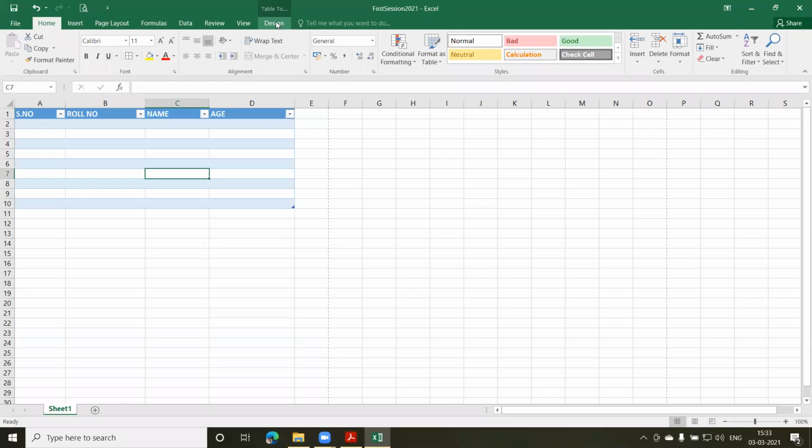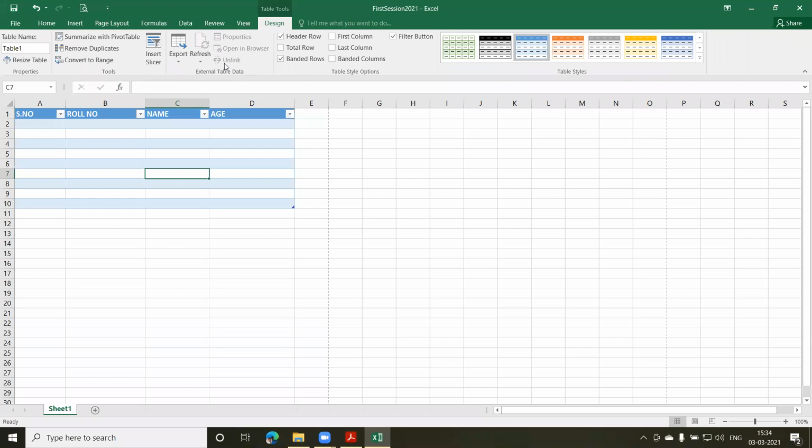It comes depending on the tool which I'm using, or if I'm inserting a chart or a table, or might be a pivot table or pivot chart, or a slicer, or conditional formatting. For all that, you require some additional tools or commands which are available under this new tab which gets added. So if I click on this, you'll find there are some related functions or commands which can be applied to this particular table.